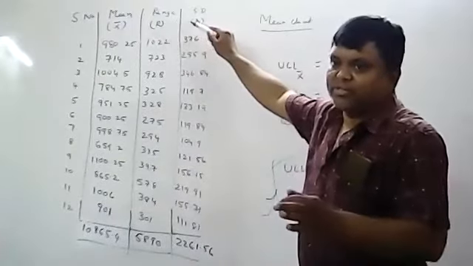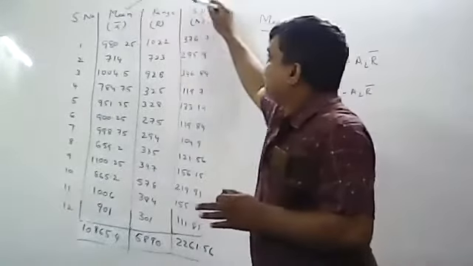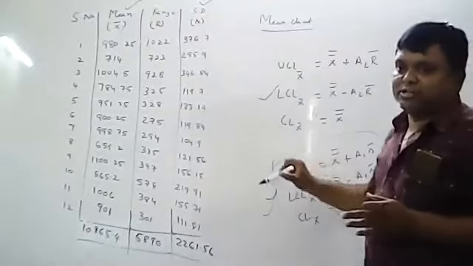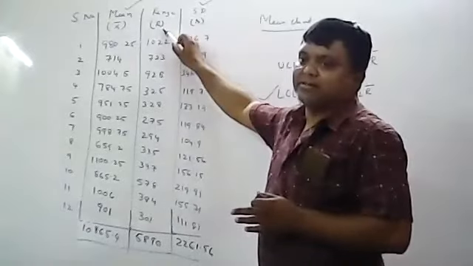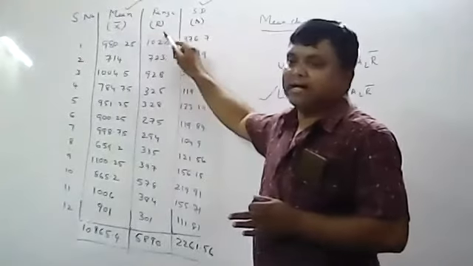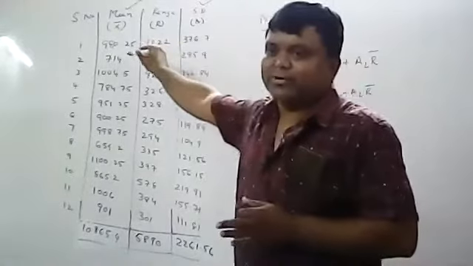I think all of you understood. So if you specifically ask for mean chart and S chart, then you calculate mean values and S values, and then you can use these formulas for the mean chart. Suppose you ask for mean and range chart, then automatically mean values and range values you will calculate. If you ask mean chart only, then you will calculate X double bar, X bar and R only. S is not required because S calculation is a little bit difficult compared to range calculation.